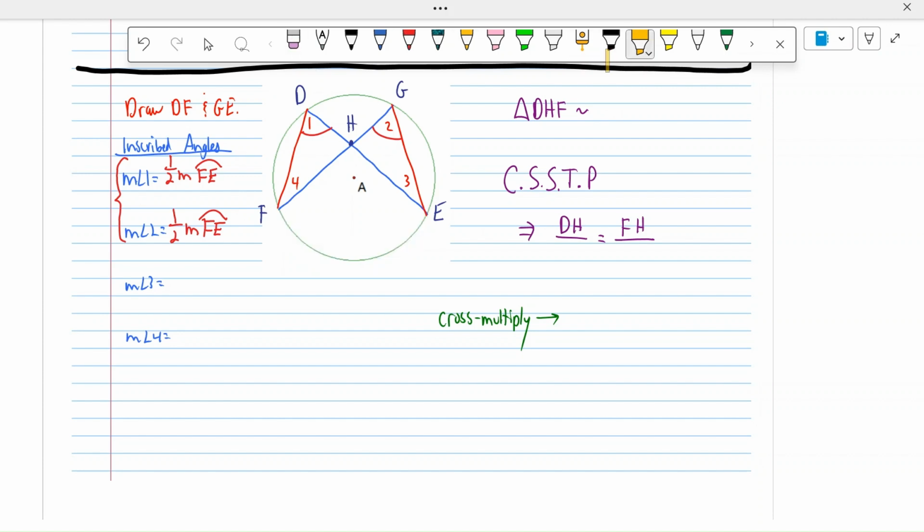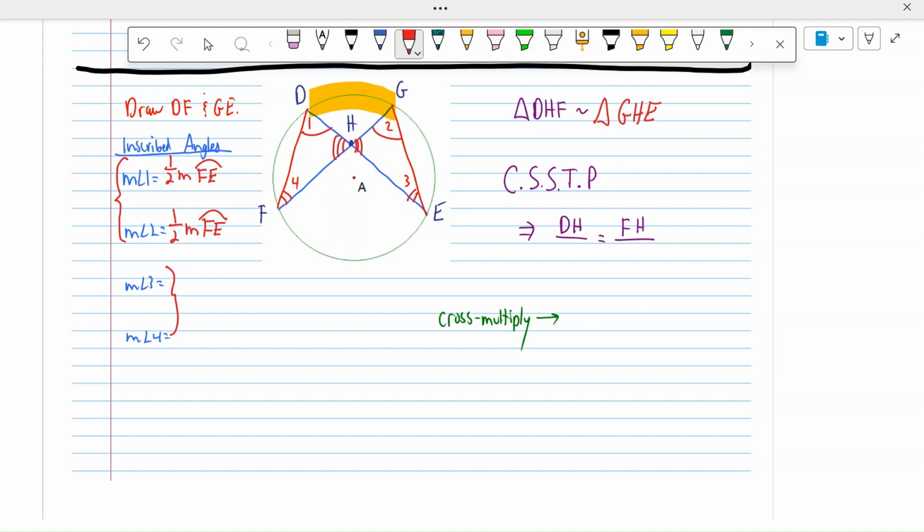Likewise, angle 4, angle 3 are both going to be 1/2 of DG. So measure of angle 3 and measure of angle 4 must be equal to each other as well. So here's angle 3, there's angle 4, those are equal. If I want to go one step further, look at this, these vertical angles are equal. Plenty of information by angle to get those triangles similar to each other. Triangle DHF is similar to triangle GHE